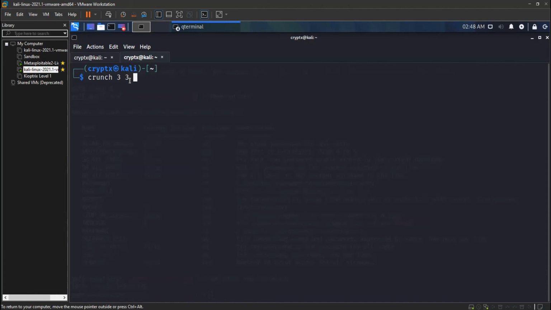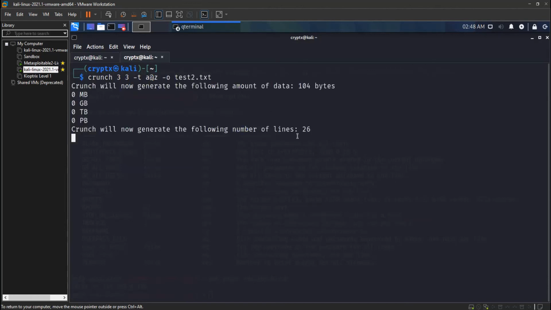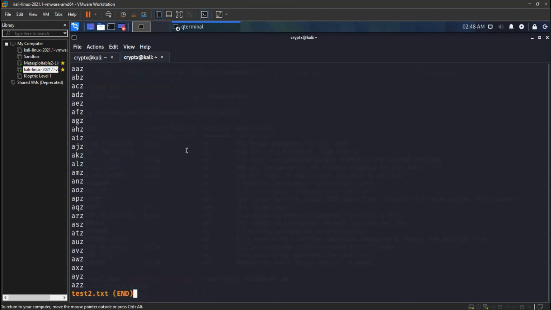Now I'll enter this -t, let's see, a, then the at sign, and then let's do z. Instead of the at sign, it will enter all the lowercase characters. I'll output it to a file, test2.txt. It generated 26 lines. I'll show you with less, test2.txt. Instead of that at sign, as we can see here, the a is constant.